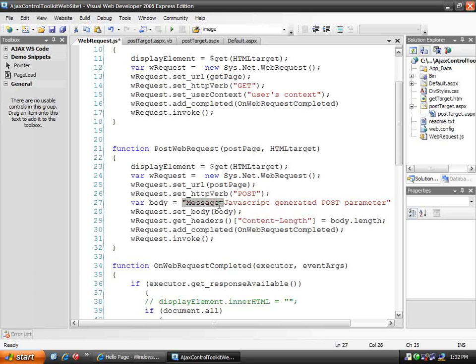Here's where we set up that form variable. So here we're saying there's a form variable called message, and in our case we're just going to put this text in it, JavaScript generated post parameter. Right? So